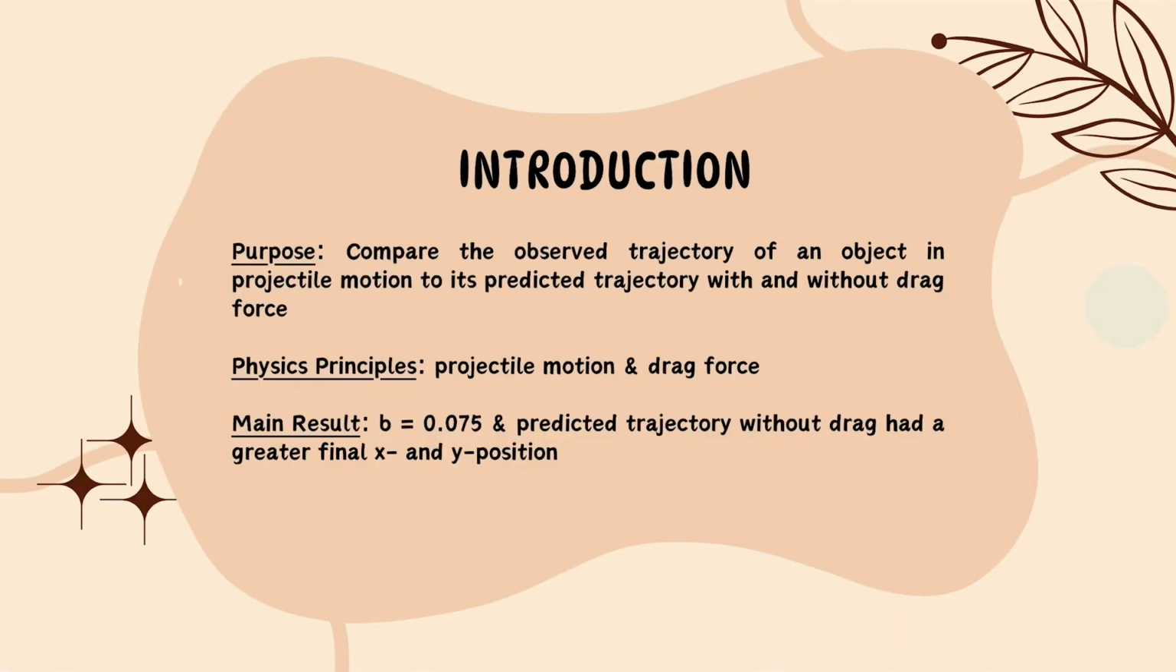Okay, lab 2. So the purpose was to compare an object in projectile motion and its observed trajectory with its predicted trajectory with and without drag force. Our main physics principles were projectile motion and drag force. And our main result was that our proportionality constant for the drag force is equal to 0.075, and the predicted trajectory without drag force had a greater x and y final position, but the predicted with drag and observed